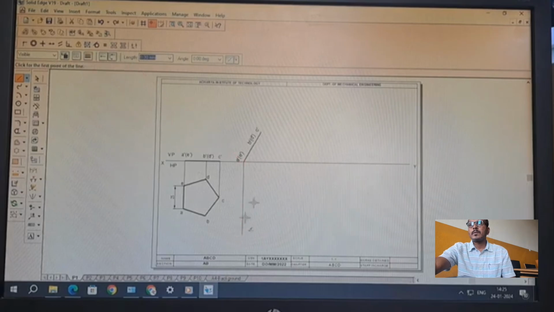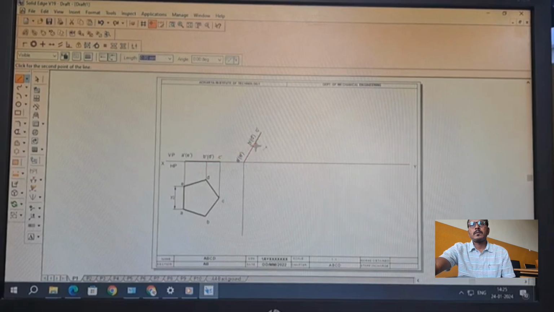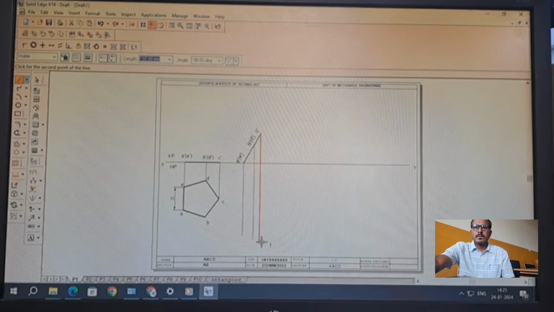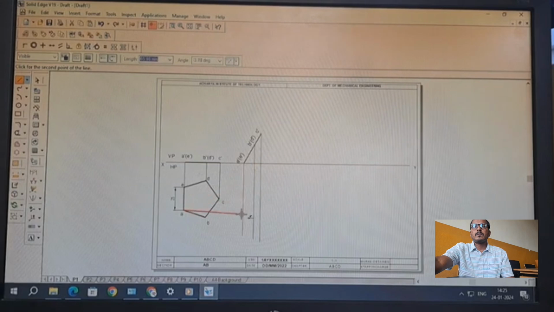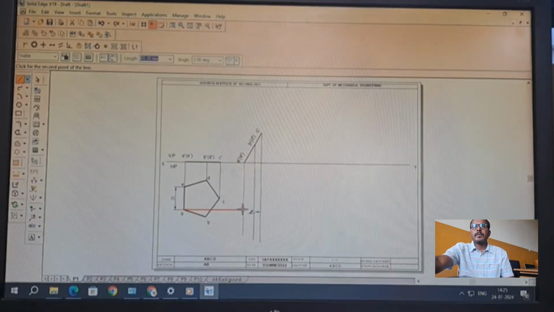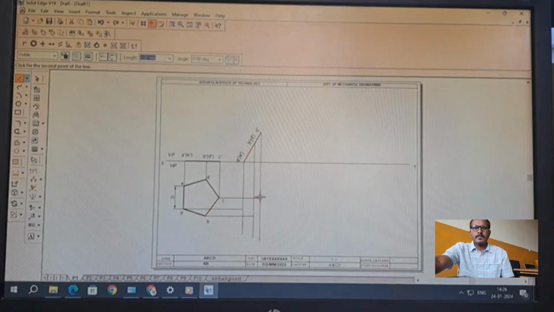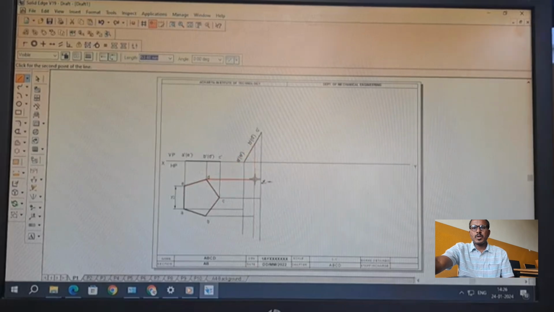Wait for the end point here and draw the projection line. See why we drew the separate line here, because of this. Draw the projection line, wait for the end point, and go to each corner, starting from A. Where is A? A is here. B is here. C is at the last, keep it here. D is till this line, place it here. E is on the first line.